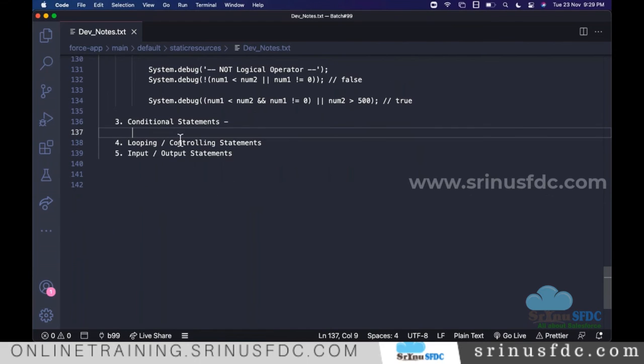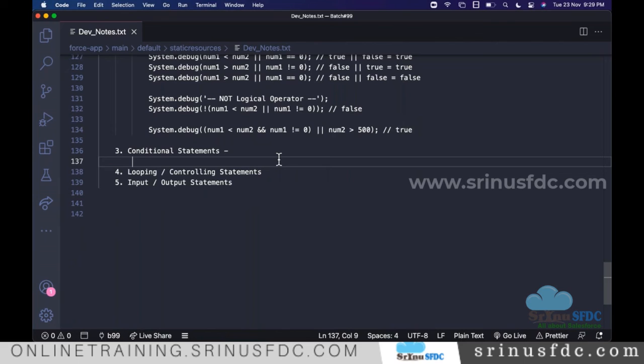So now let's understand the conditional statements. Conditional statement means, when you have some statements, let's say we have 10 statements, I don't want to execute all 10 statements every time. I want some statements to execute only based on some conditions. Only if a particular condition is satisfied, I want to execute some set of statements.